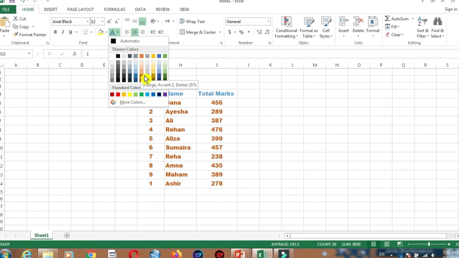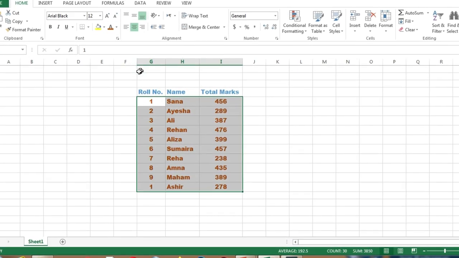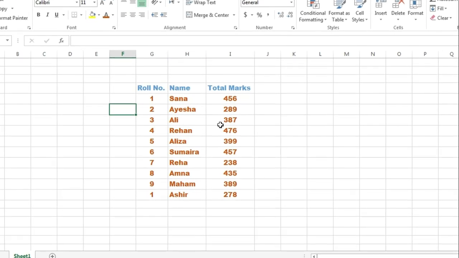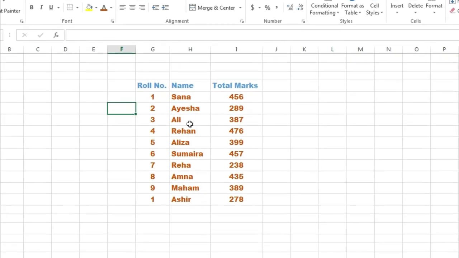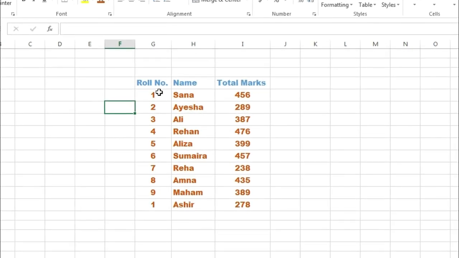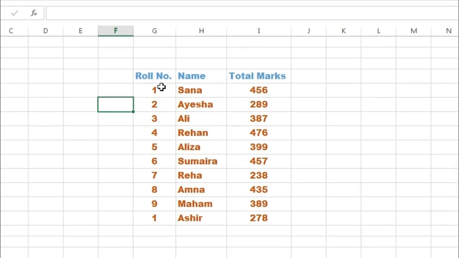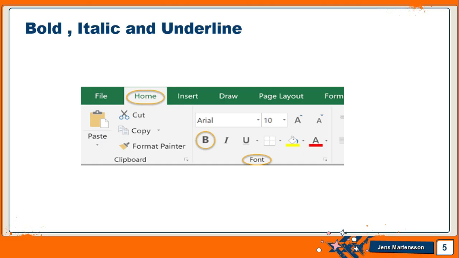Now here I have selected this color for my sheet. Okay, so students, here you can see how we can apply the font style, font size and font color to our table.